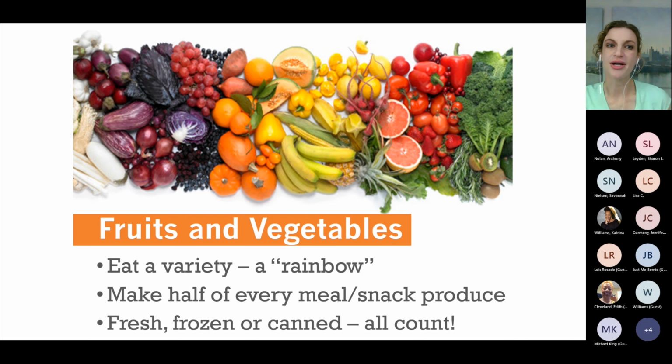So let's talk about half of our plate, fruits and vegetables. So the Healthy Living team at Giant, we're always encouraging customers to fill up your plate, eat a variety of different produce items, a rainbow, so to speak. And actually, as I'm looking at this colorful slide, it's really refreshing because it's been a little dreary over the last few days. So it is nice just to see that beautiful rainbow. And we know that fruits and vegetables are packed with vitamins and minerals and antioxidants, and these are all disease fighters for our body.